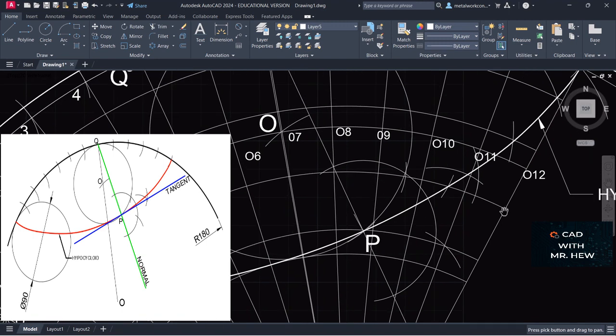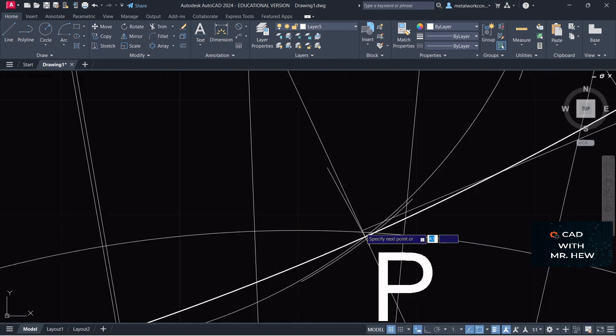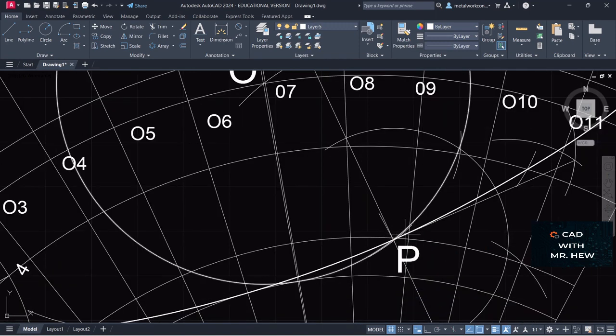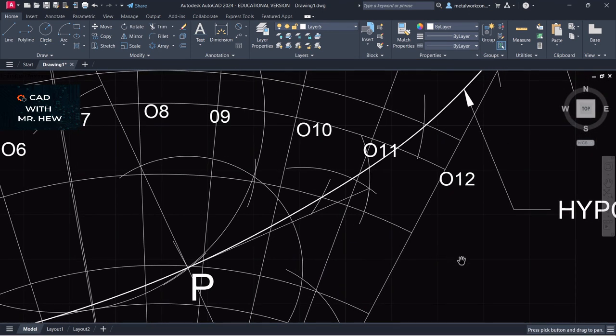Good. So where these two arcs intersect, this one and this one, that's a 90 degree, all right, which is a normal. So from the intersection here to P, enter. This would be the normal. So what we can actually do is extend it. So we're going to type extend. I'm going to extend this, this,